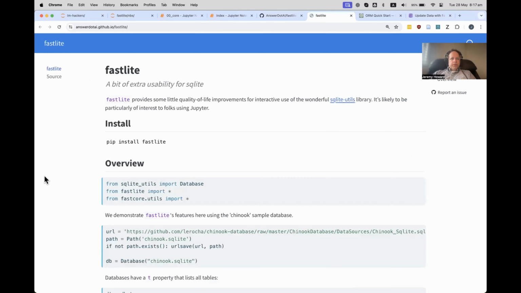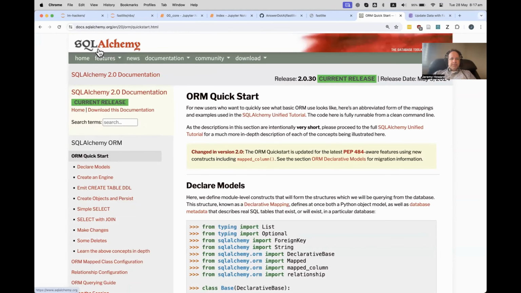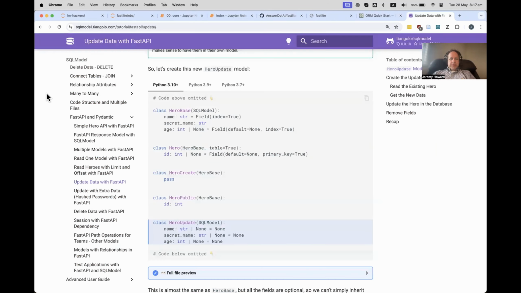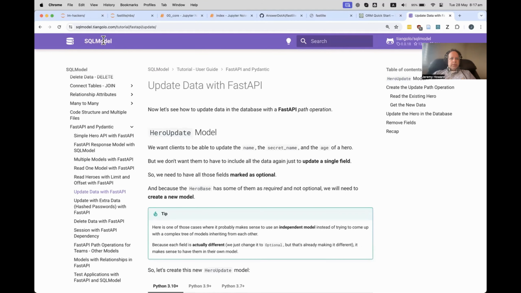Two very popular options at the moment are SQL Alchemy, which is kind of the original ORM, object relational mapping, and the very trendy SQL model from Sebastian, the amazing author of Fast API, amongst other things. And because Sebastian's work tends to be extremely good,